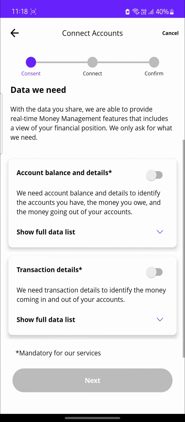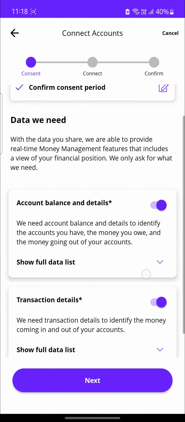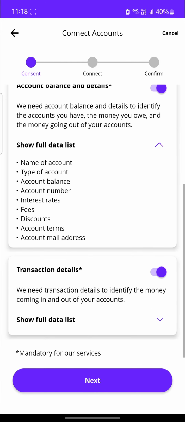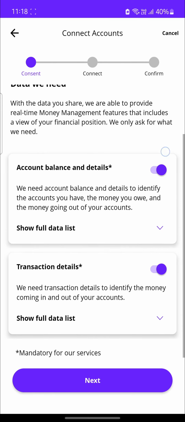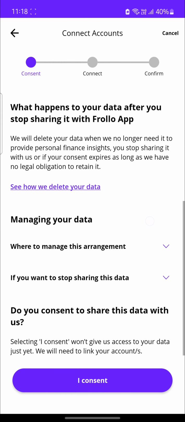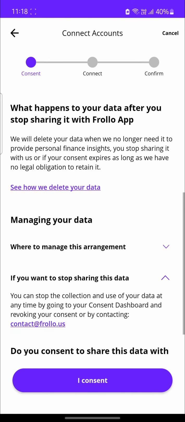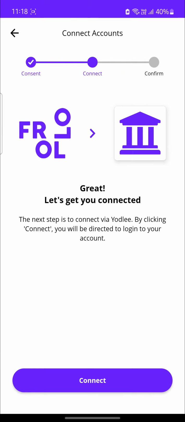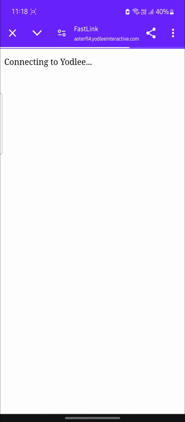What you need to do is click on these buttons over here. Some of them are account balance and details and transaction details. So if you want to see the full data list, you can click on this and go ahead and click Next. If you want to read these articles, you can click on it and read this and click on I consent. The final step is to click on Connect, and it will redirect you to your provider or your bank